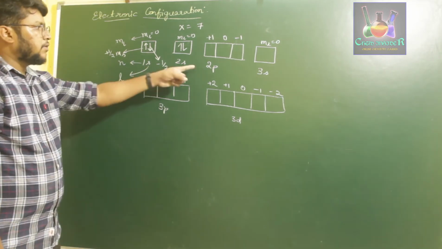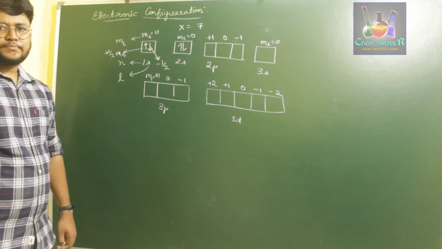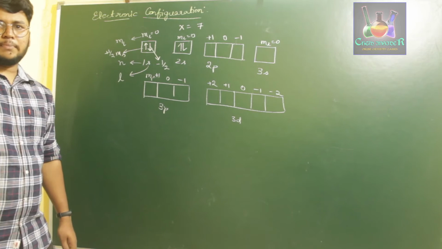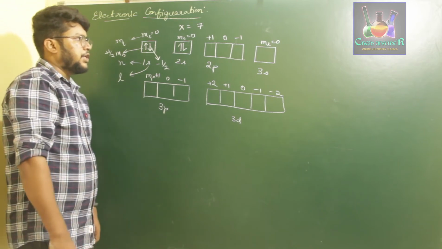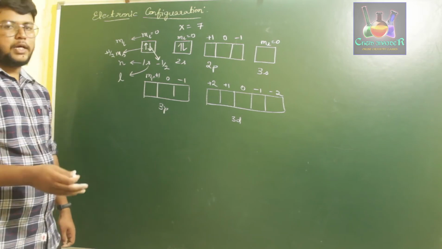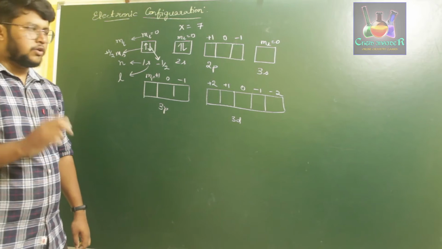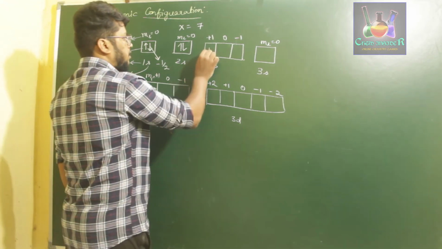Now for filling the electrons in the 2p orbital, we have to remember Hund's rule of maximum multiplicity. That is, we need to have maximum multiplicity. That means we don't have to pair the electrons until all the orbitals are carrying 1 electron each. So if you write it in this manner,